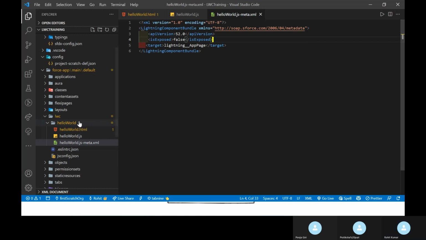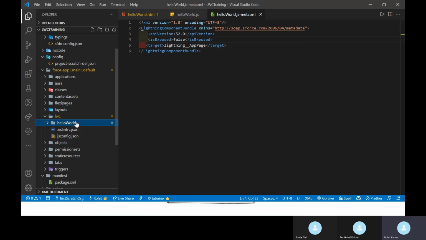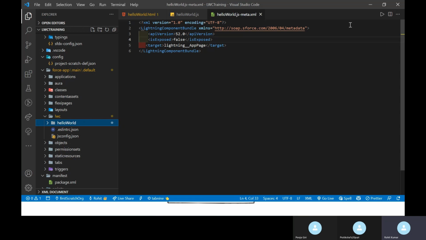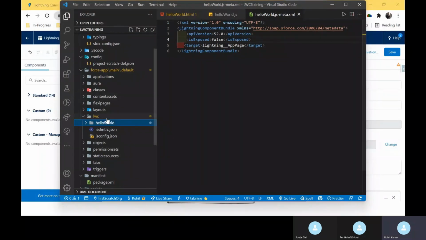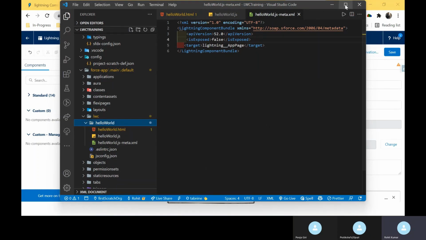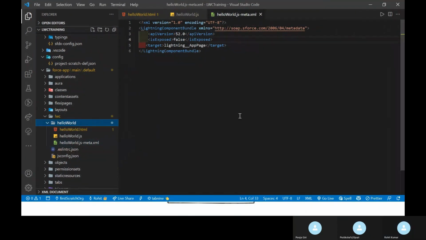First is the standard way: you have already created this component, just right click on that folder, and let me show you, just a second. Yeah, so just right click, and after that you cannot see my component.